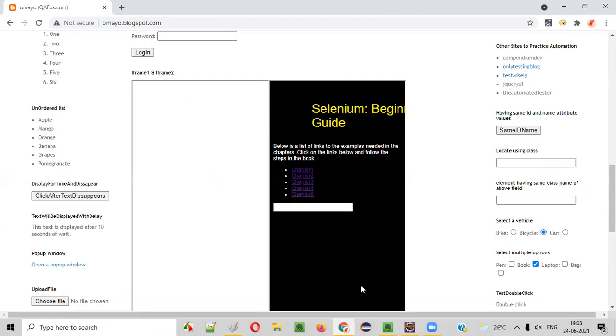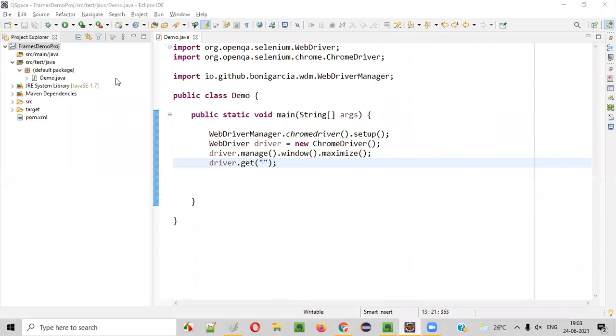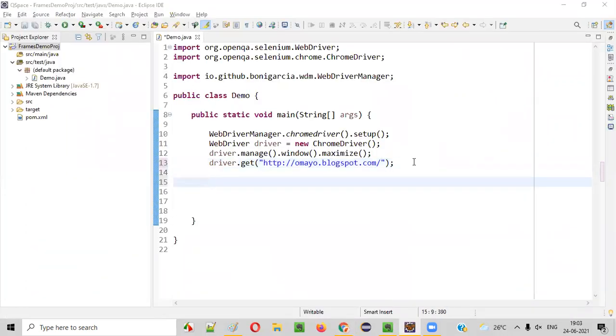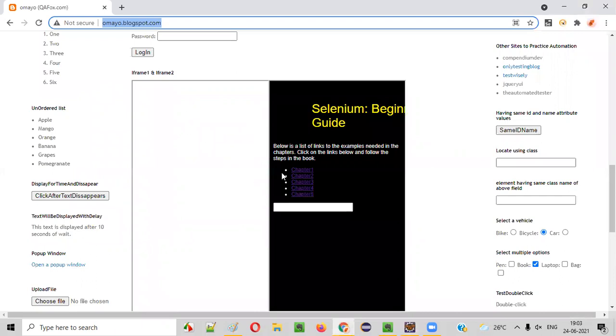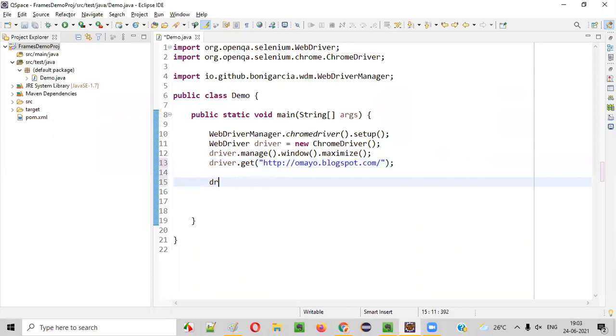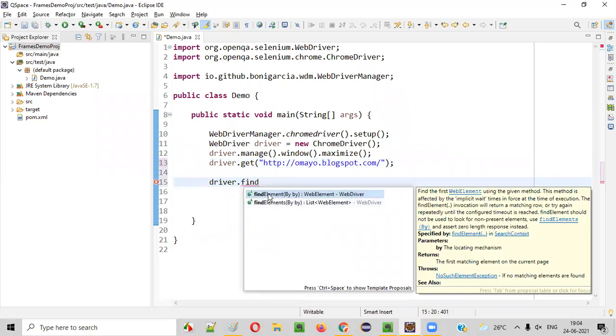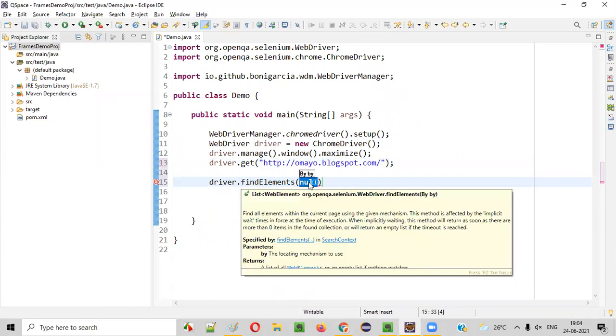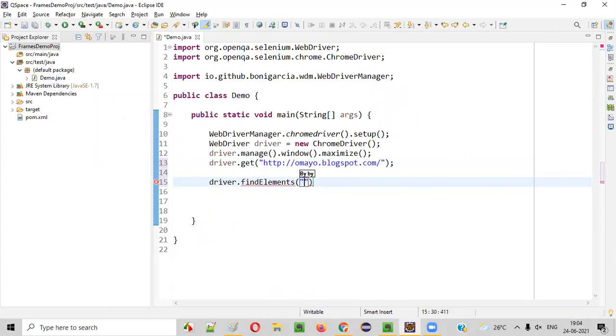How? After going to omai.blogspot.com, I'll write some code like this. Driver dot find elements. I'll not use find element, guys, I'll use find elements. How to find elements?